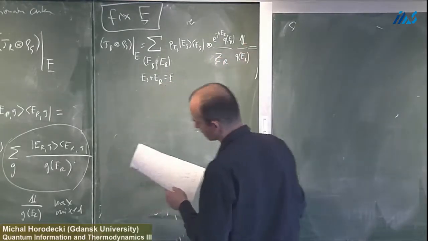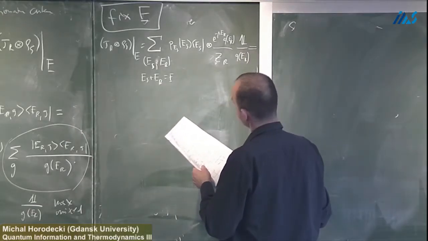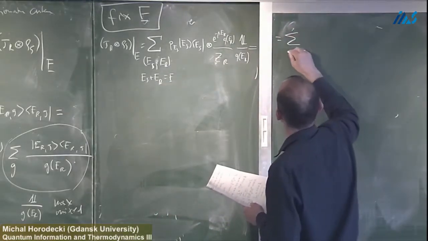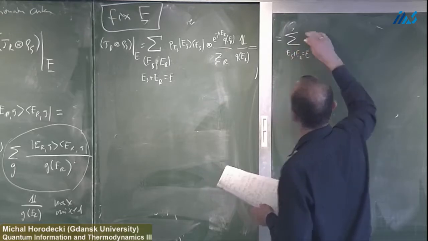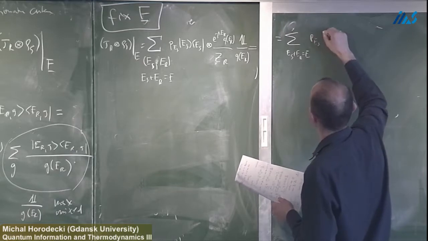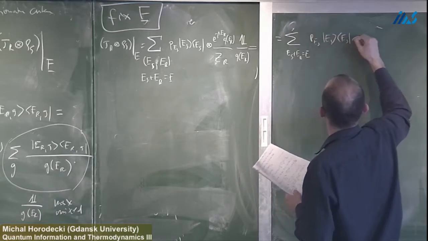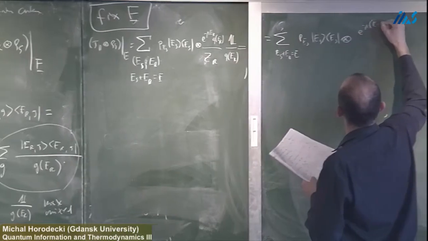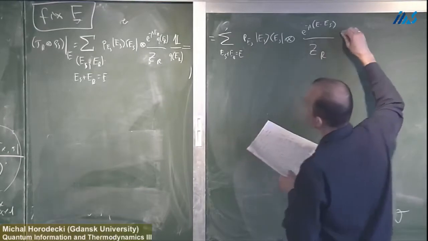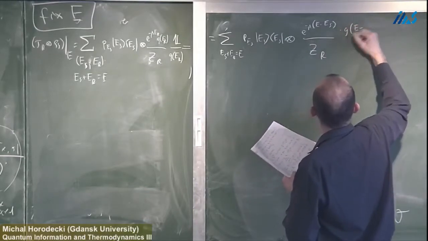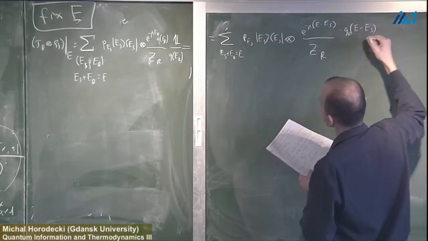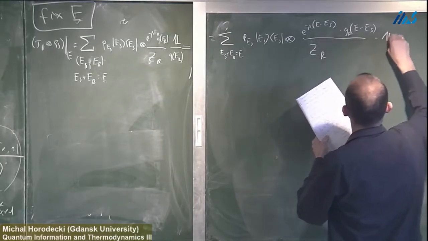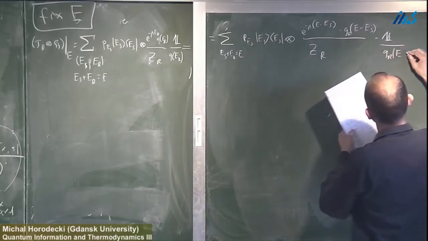Now we see that this ER and ES are constrained by this. So we write everything by means of just the energy of the total system. So we write E2 minus beta, E minus ES, and times G of, this is the degeneracy of the reservoir, minus ES. Okay, and then here we have this thing,